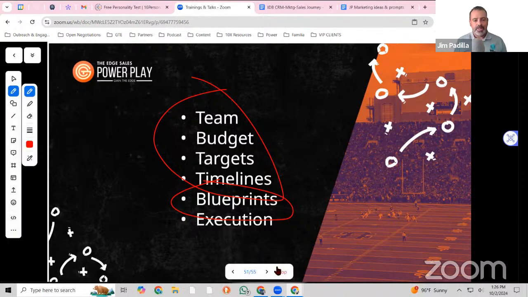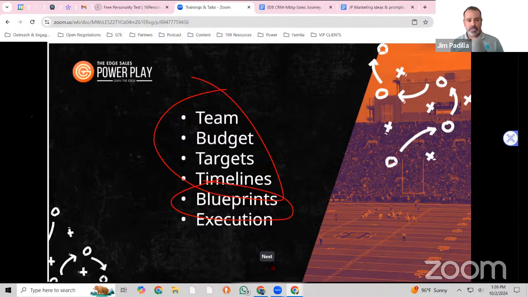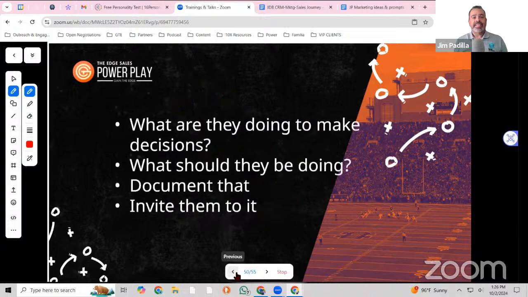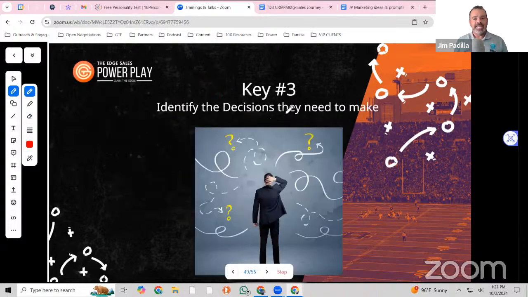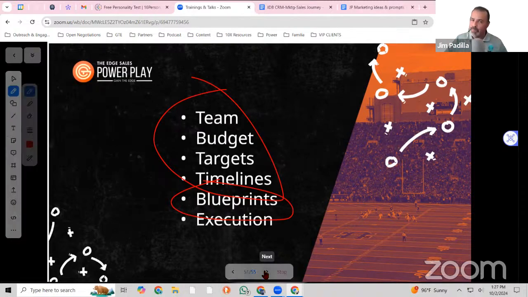Okay. So that's the gig. Design the lifetime journey. Map out the steps, help them understand what they need to know about themselves, about you and the problem to be able to continue to move forward, and identify the decisions they need to make. And then you get to be the one to articulate it and orchestrate it and keep them in it.